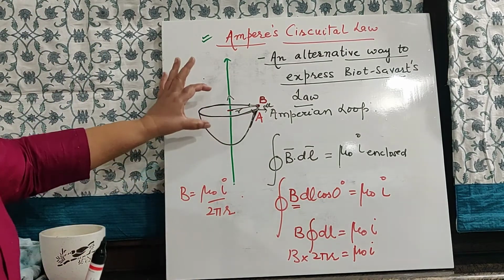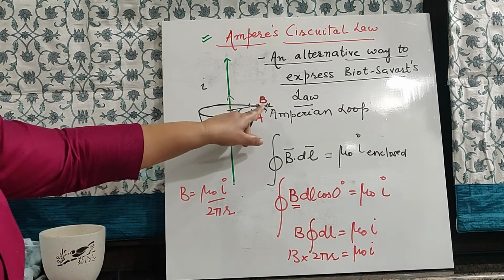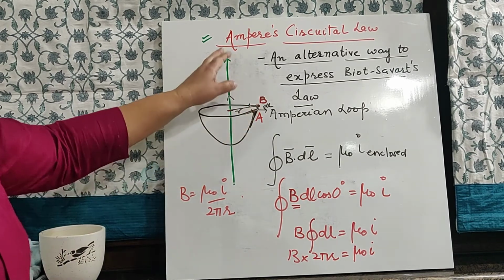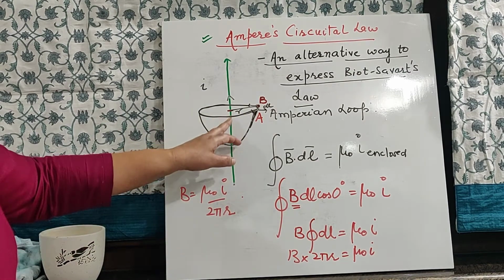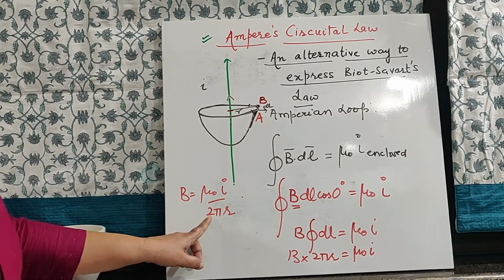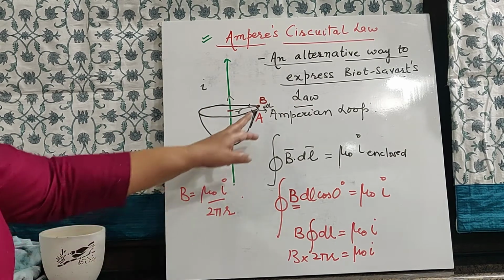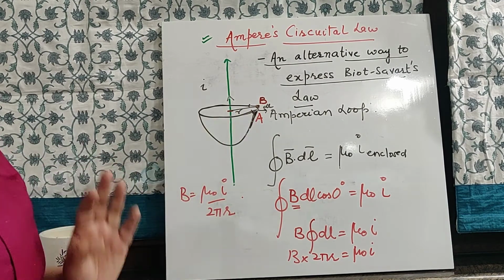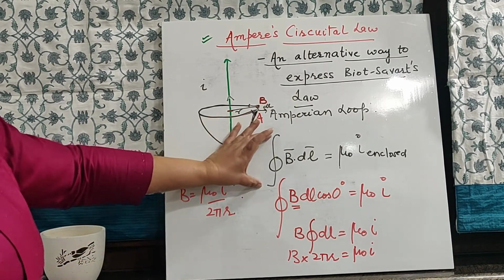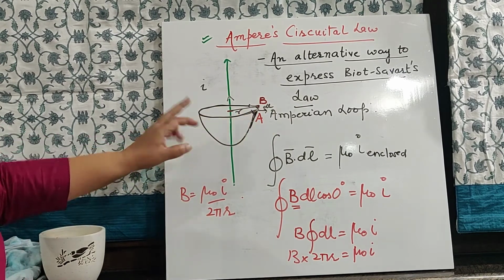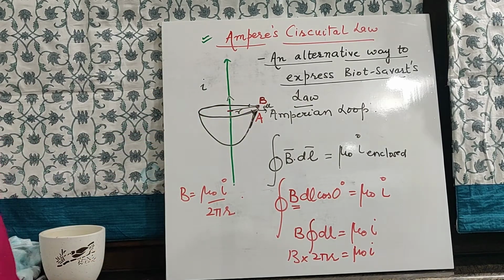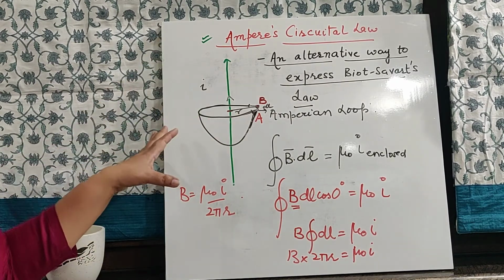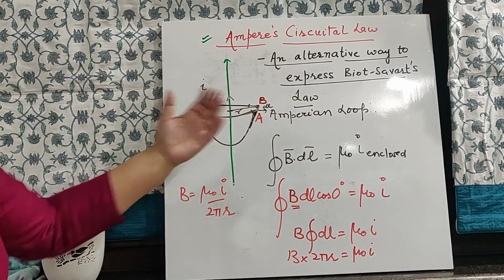Now, you can see easily that the magnetic field at this point, that is at a distance r from the given conductor, is given by the expression mu naught times I, which is the current flowing through the conductor, divided by 2 pi r. That is, magnetic field at this point is inversely related to the distance. So, using this expression and taking an Amperian loop has made the process of calculating the magnetic field very, very easy for us. Clear?